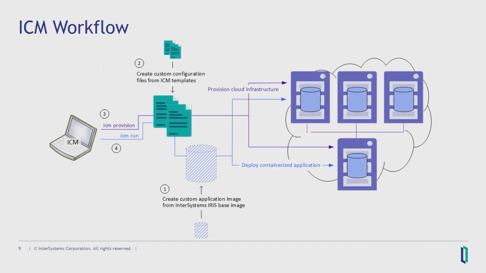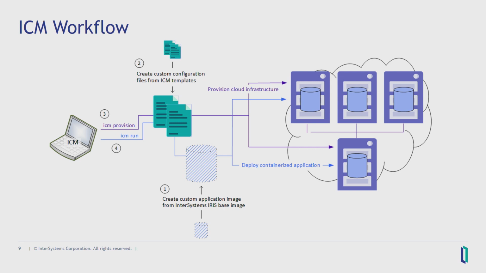So I'm going to walk through just the general workflow. Can't really see my mouse, but I guess I'll walk over here. Step one is baking your application image into an IRIS-based container. Then second step, you're defining just the basic templates for your infrastructure. So if you want a sharded cluster and you want to add a load balancer, you can specify that